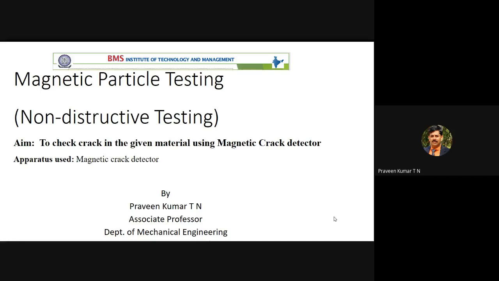So we are making an assumption that the material undergoes uniform deformation. Even in mechanics of materials, you are assuming that the material is homogeneous. You are using so many equations, even Hooke's law. The first assumption you are making is that the material is homogeneous. Material is isotropic. Isotropic means its properties in all directions are the same, in the x direction, y direction, and z direction. So those are the assumptions. If the material is homogeneous, the electrical property is uniform.